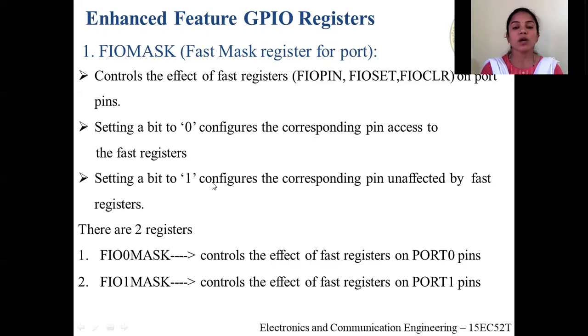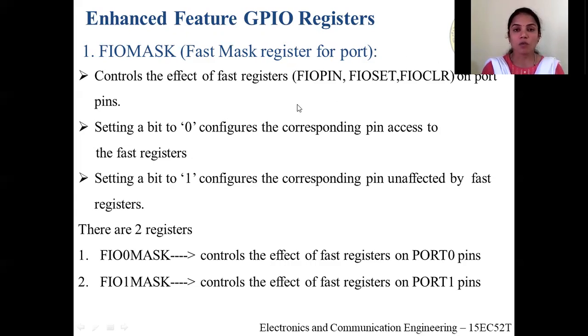Setting a bit to 1 configures the corresponding pin to be unaffected by the fast registers. If you set 1 on that pin by using FIOMASK, then the effect of these registers on the corresponding pins will not take effect.